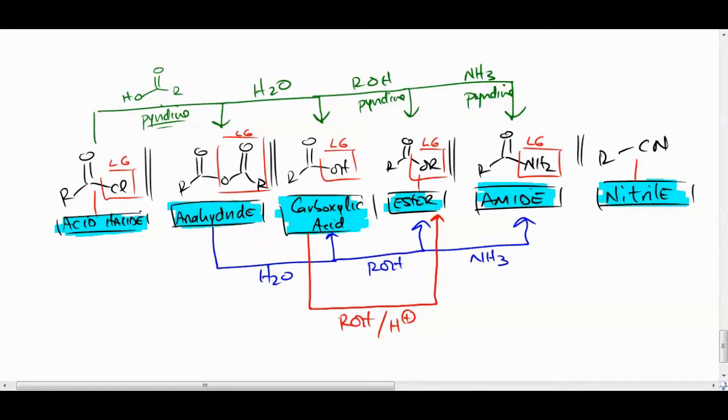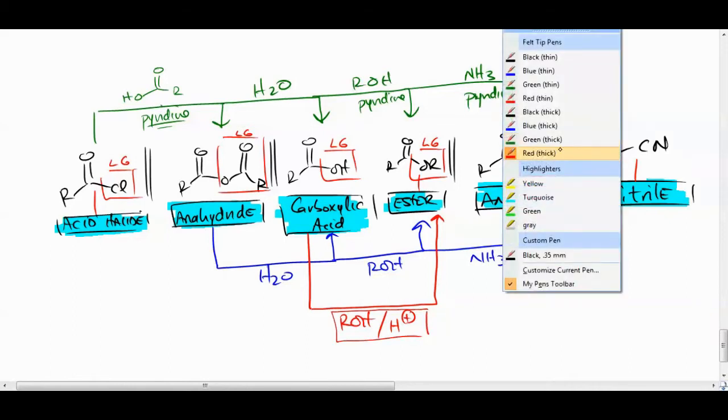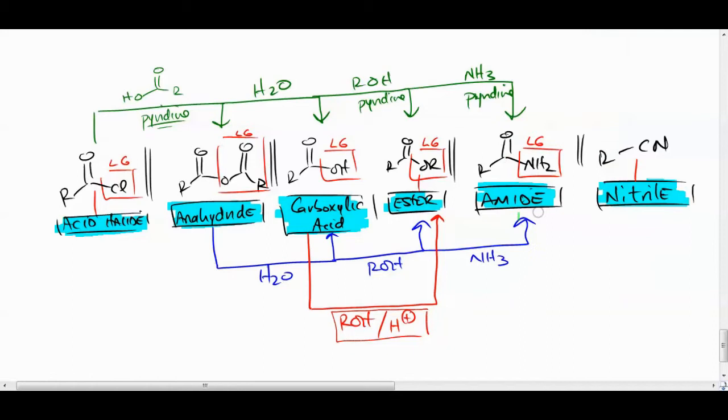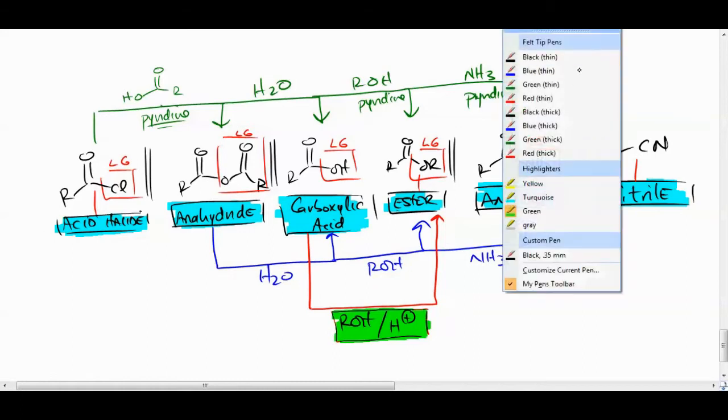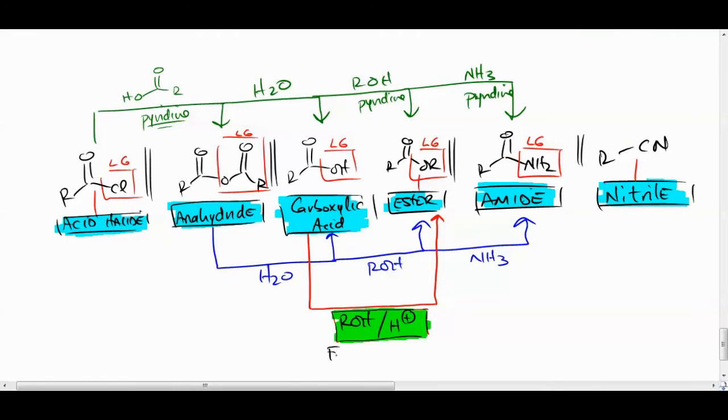Now, just want to jog your mind a little bit. You know what reaction this is? Fischer's reaction. That's right. All right. Now from here,